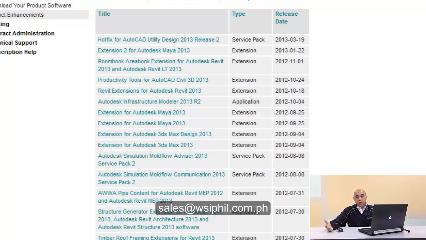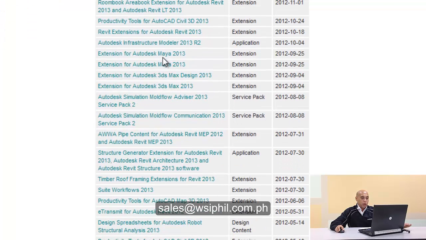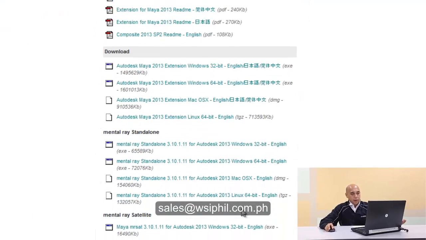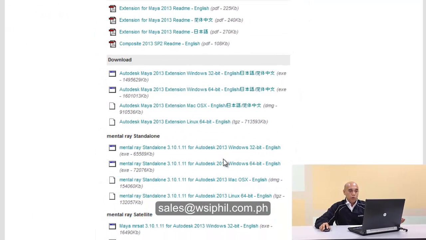So by downloading this product enhancement, you could download this to be used by end users before a new version becomes available. In this example, for the product enhancement for the 2013 version, there is an enhancement for Autodesk Maya 2013. You could download this by clicking this button, and it will automatically prompt you to choose what particular version or language you want to download